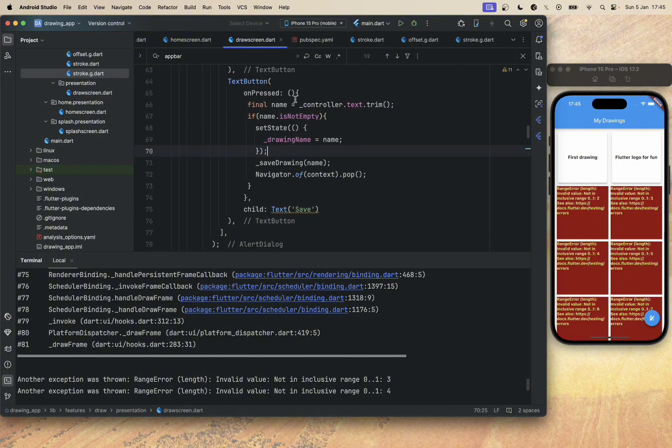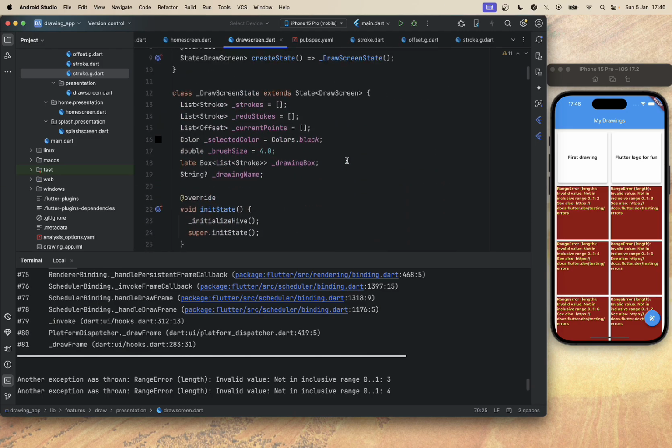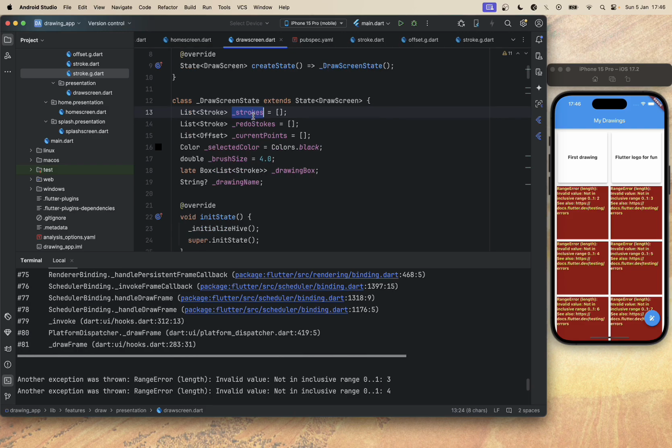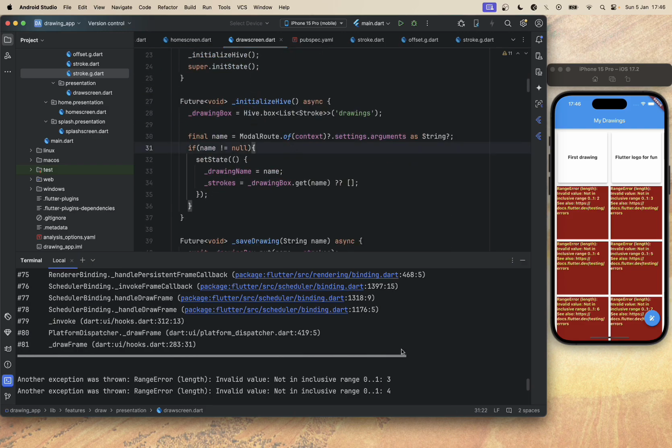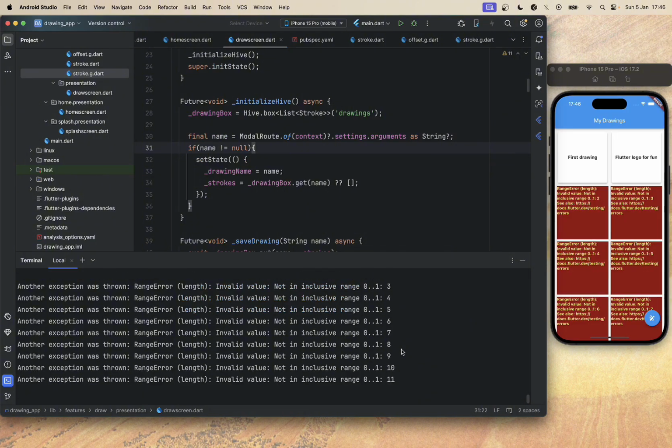So for example, if the user wants to save with a new name, he can basically do that. And I think with this, we just have the stroke. Okay, so let me just restart the app. Okay, if I click on first draw,